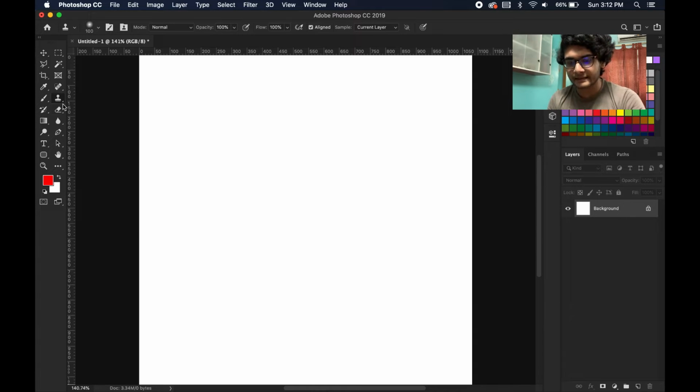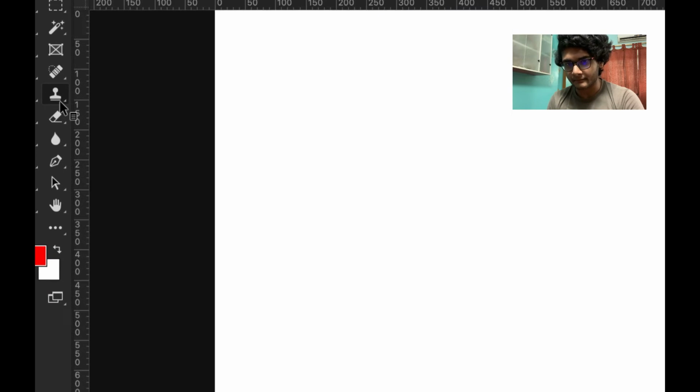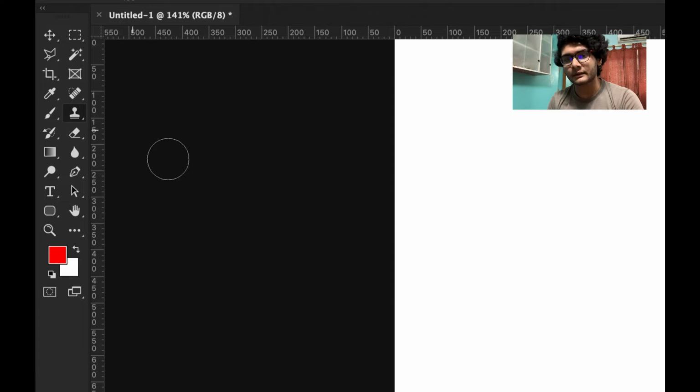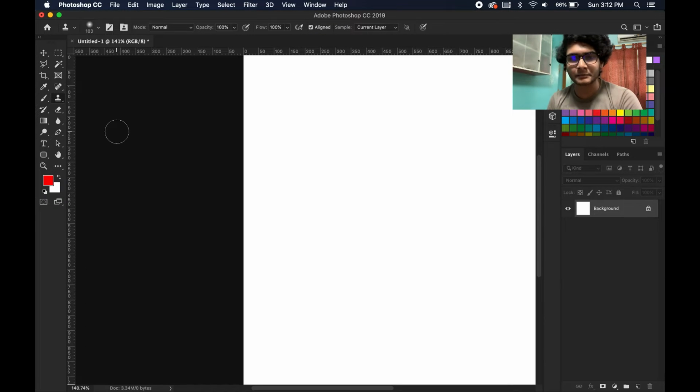Also, if you can see, there is a small triangular button near most tools. That triangular button is for things like if you long press in Mac, to enable the secondary options.